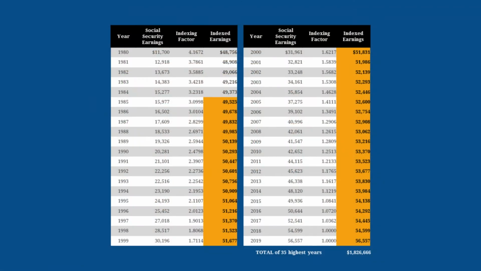The $1,826,666 in our example represents your total indexed earnings earned over your 35 highest years. And since there are 12 months in a year, 35 years has 420 months. So dividing the 35-year total by 420 makes it a monthly number. In our case, $1,826,666 divided by 420 equals an AIME of $4,349. Now that you know your AIME, you can do the fifth and final step in calculating your primary insurance